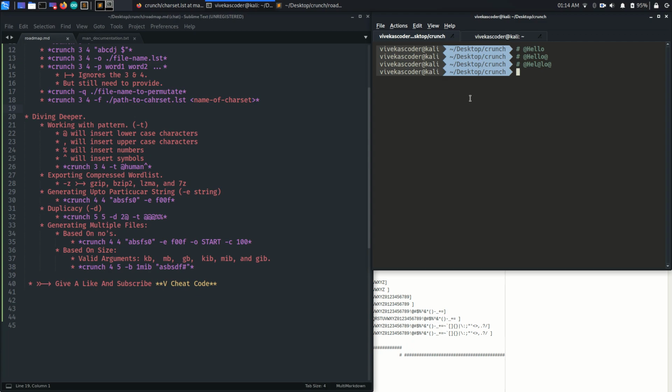So let's take an example. I'm going to use crunch and then say 5, and then with the -t I need to provide the pattern. Here if I type at the rate, it means inserting a lowercase character, then comma signifies two uppercase characters, right?